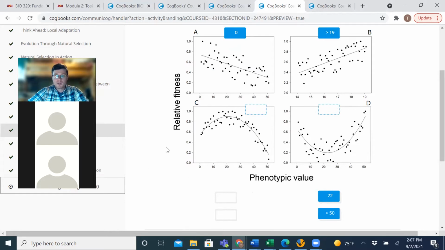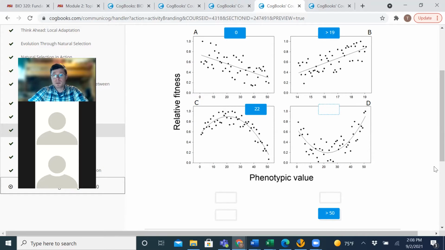We have stabilizing selection. Where's the highest phenotypic value? Looks like the 22. Yeah, so somewhere in the middle, somewhere in this range, a little bit right of 20. 22 seems pretty reasonable. Now, what about D,